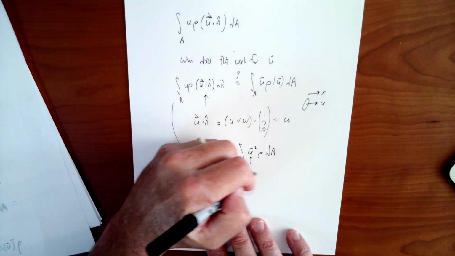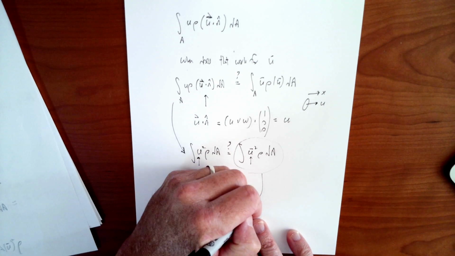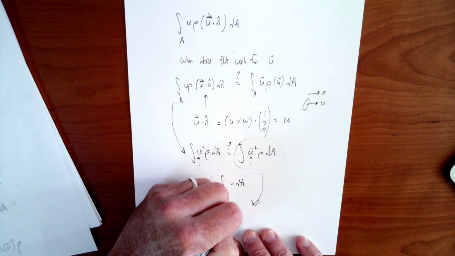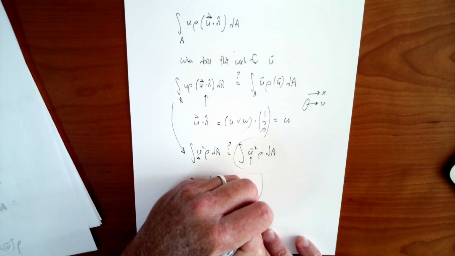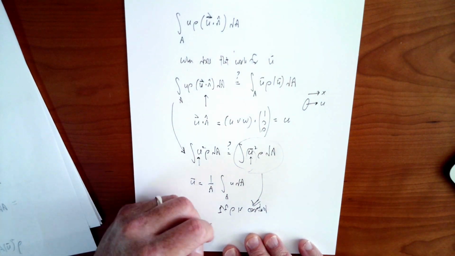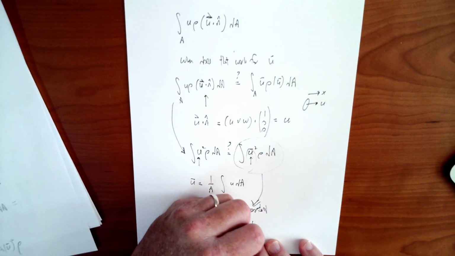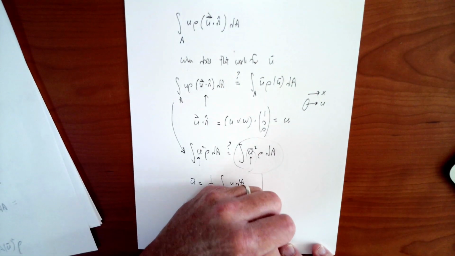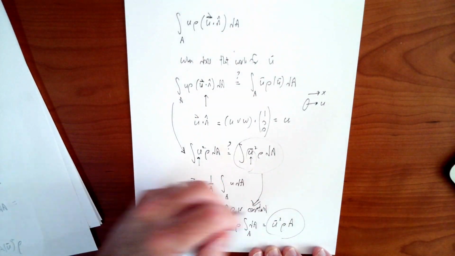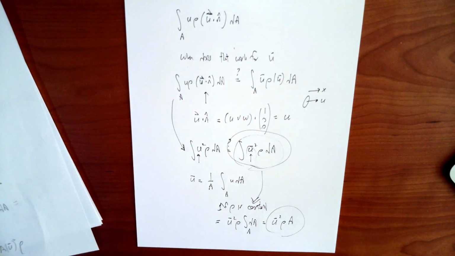Now, this one, we can actually make some progress on, because if rho is constant, we can pull the rho out. And u bar is constant over the area because it's an average, so it doesn't change over the area. So that integral is equal to simply u bar squared rho times the integral of dA over A. So it's equal to u bar squared rho A. So that has a very clear answer for this one. This one is average, which is why we did it, because we can actually take that integral.